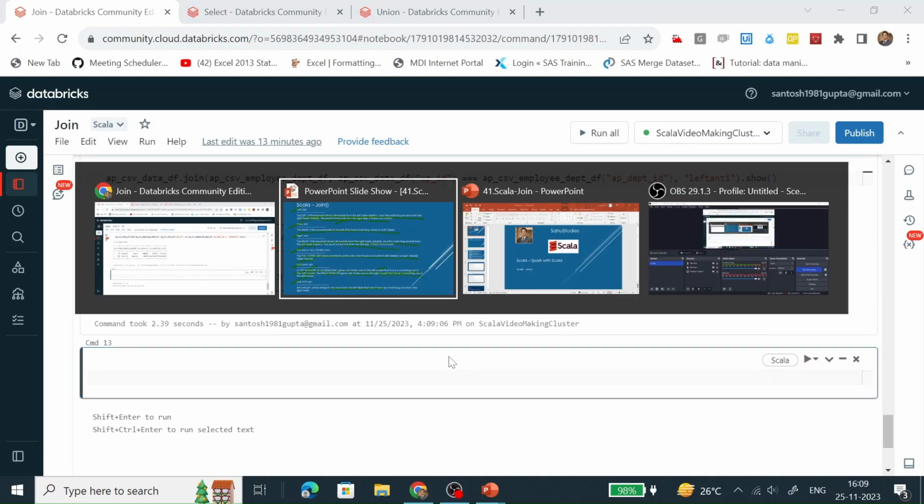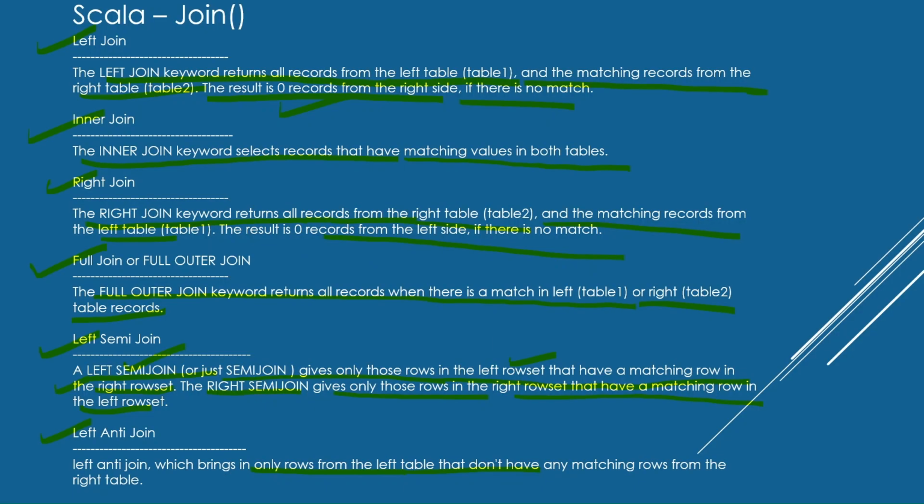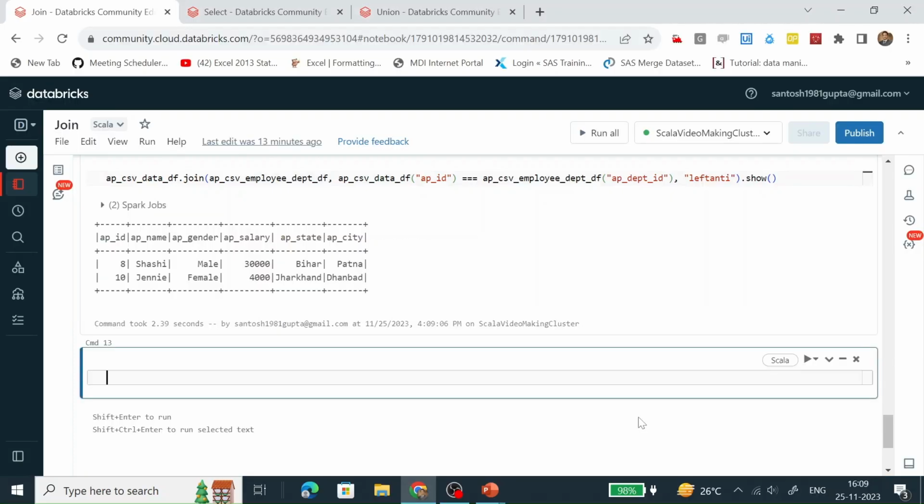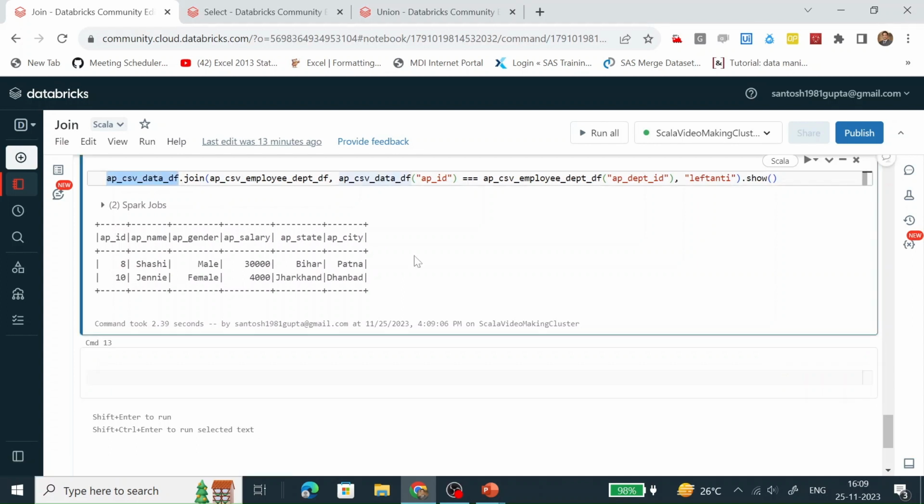What will the left anti do? See, the left anti will bring only rows from the left table which do not have any matching rows in the right table. So we can see here it has only 2 records because these 2 records are present in the left table, meaning this data frame, but they are not present in the right table, in this data frame.